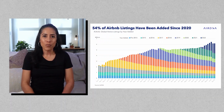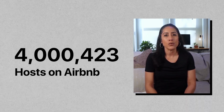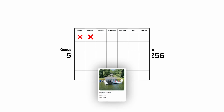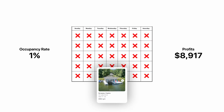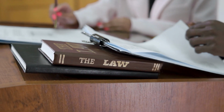30% more short-term rentals on the market since 2020. You might be an Airbnb host who's struggling to stand out in an increasingly crowded market. And maybe you're finding it harder to maintain high occupancy rates and profit. And this might not be due to fluctuating demand, but this might be due to regulations and restrictions of short-term